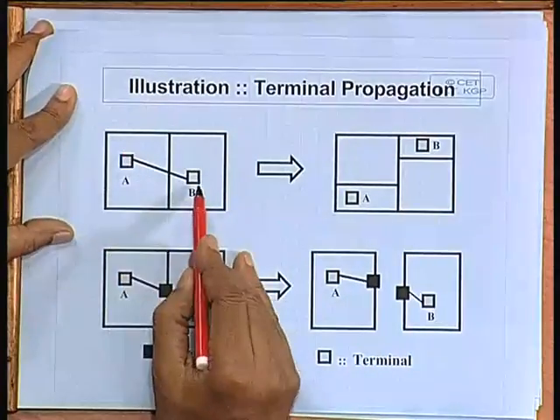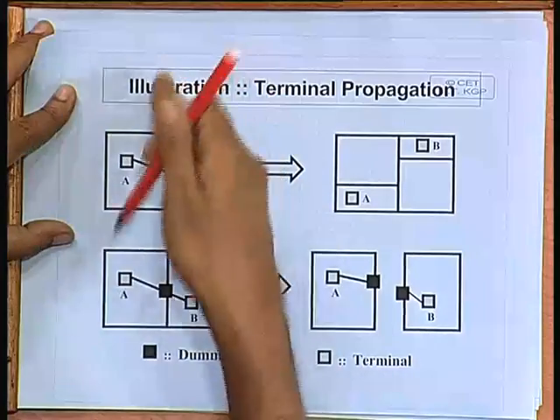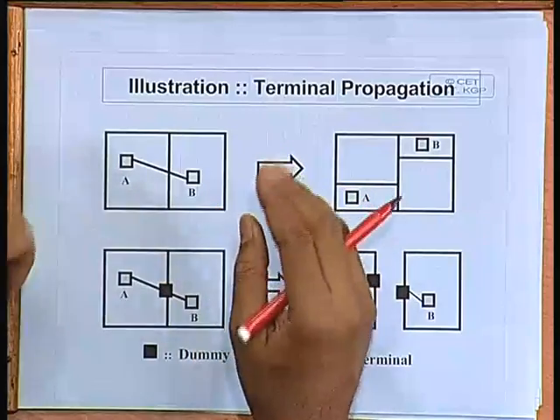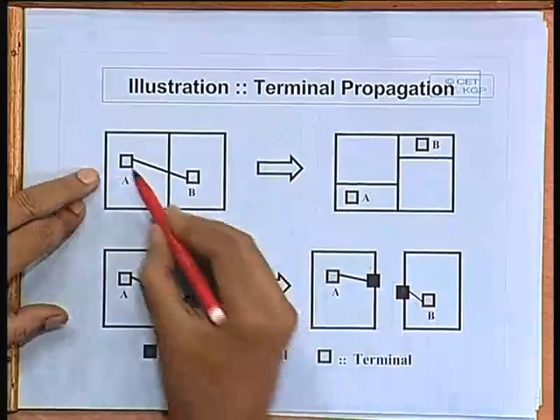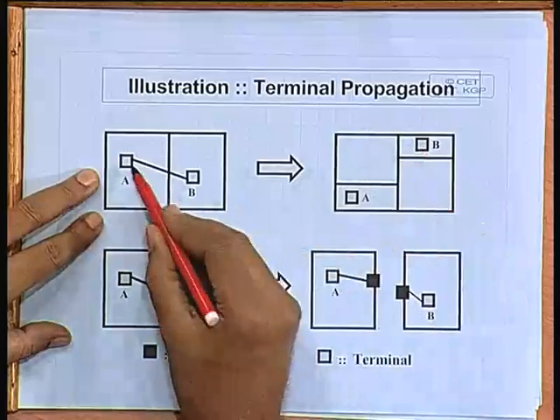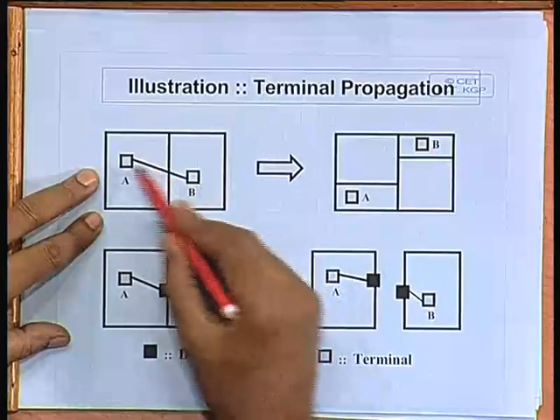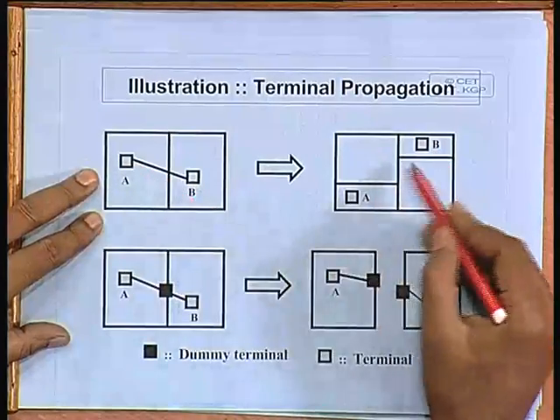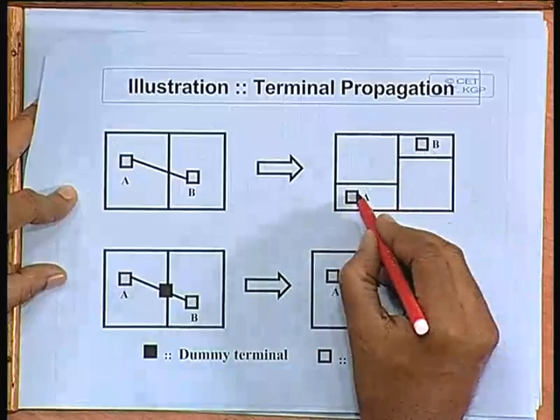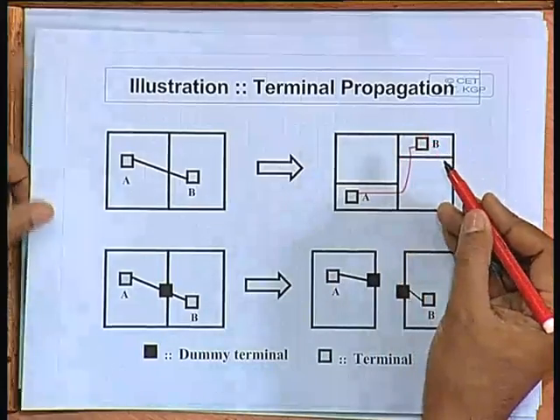There was a block A and a block B, which were interconnected. Suppose the initial cut was like this, separating them into two parts, then further cuts were made. It is possible that after a sequence of cuts, module A will come here and module B will go there, which means the length of this net may become longer. There is no guarantee that two blocks which were connected together will still remain close enough. They may go to two extreme corners and the length of the wire connecting them may become very long, and if this is one of the critical paths, you are in trouble.